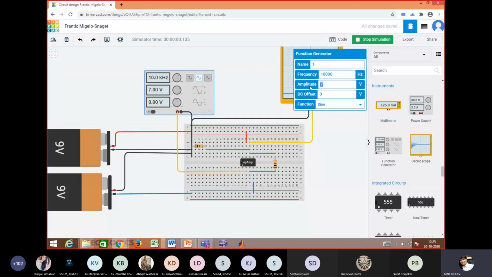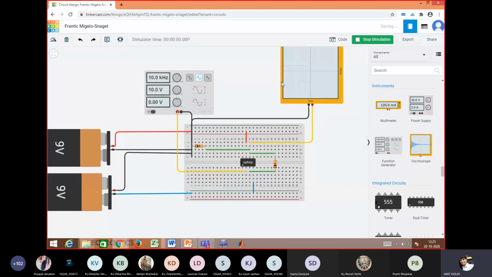Again I will change the amplitude of sine wave. Stop simulation. So it is 10 volt.